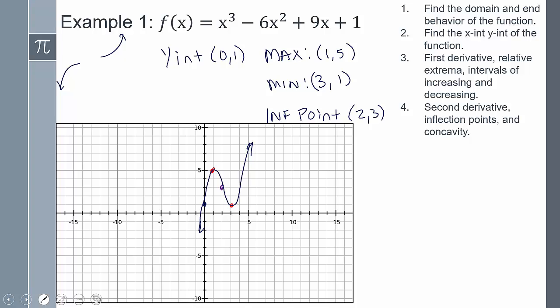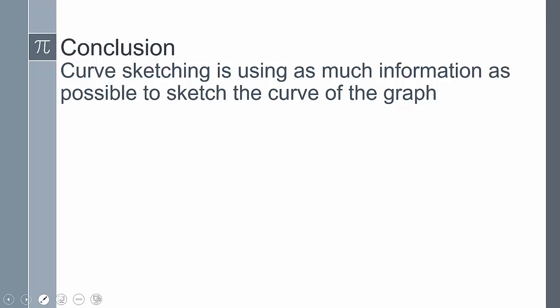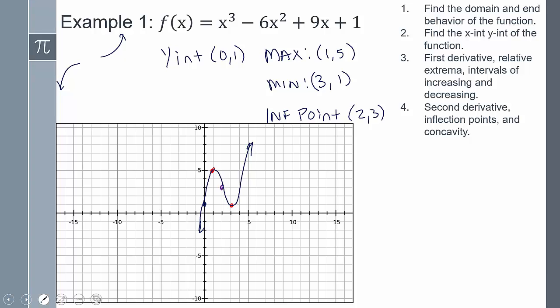And so that is curve sketching. So in conclusion, curve sketching is using as much information as possible to sketch the curve of the graph. If you remember from pre-calculus, we had very little information. We had the zeros, we had the y-intercept, and we had the end behavior. But now that we know calculus, or at least the concept of the derivative and the second derivative, we now can find the relative maximum and minimums within our polynomial or within our function,